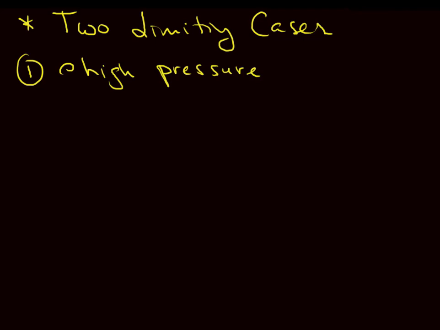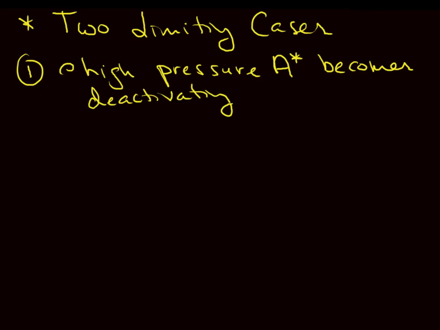So at high pressure, A star, our activated complex, becomes deactivated quickly due to collisions. And so what we would say is that k sub 3, our deactivation rate, is much, much greater than k sub 2. And in that particular case, we need to look at the condition in which our product formation,